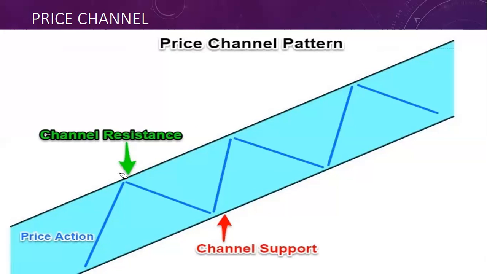For example, if they sell, they wait here and sell and go out, but they don't buy from here. They just wait here to sell one more time, because they know that the general trend of this pair is down, so the downtrend is stronger. So they always sell it. And some traders wait for this channel to break, either up or down, and